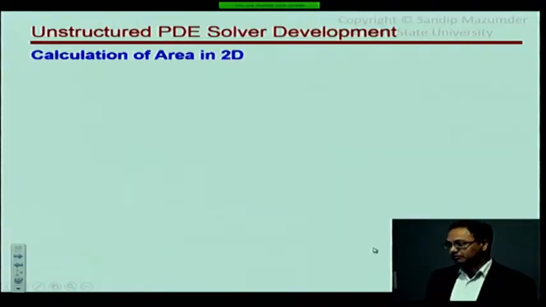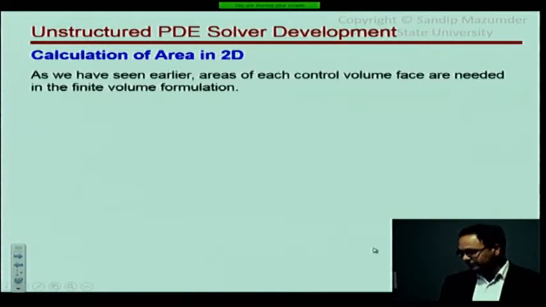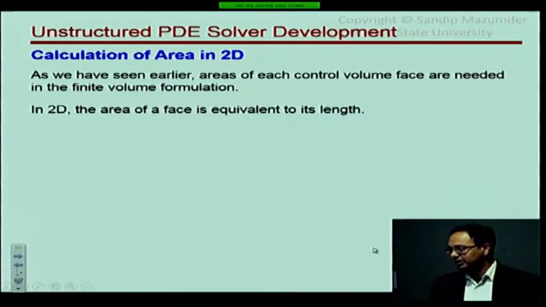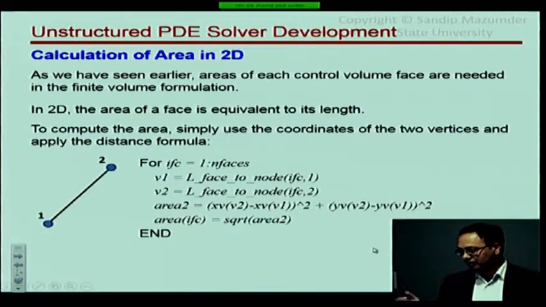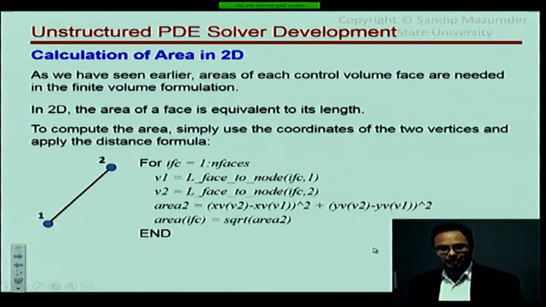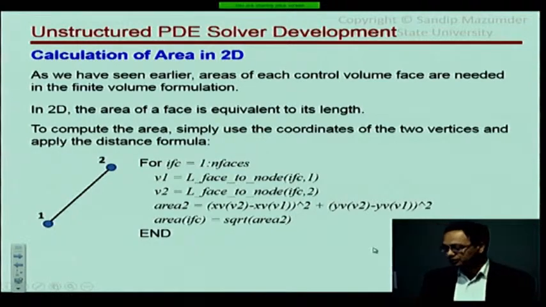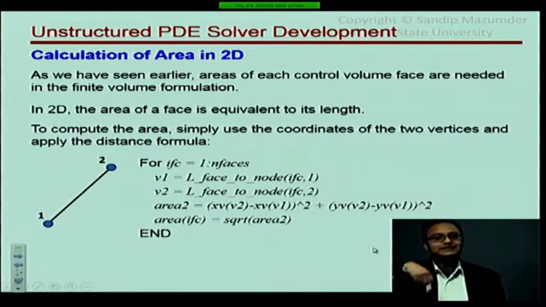Let's talk a little bit about calculation of area in 2D. This is very, very straightforward, obviously, because the areas of each control volume face essentially are lengths in 2D. So if you have a triangle, its face is going to look like that, just a line segment, and therefore all you need to do is, so suppose I want to calculate the areas of all faces in my computational